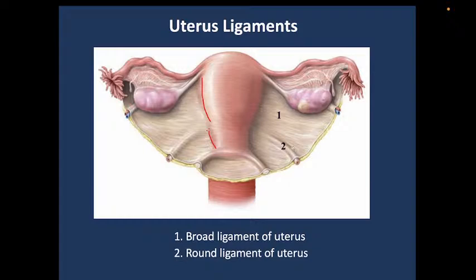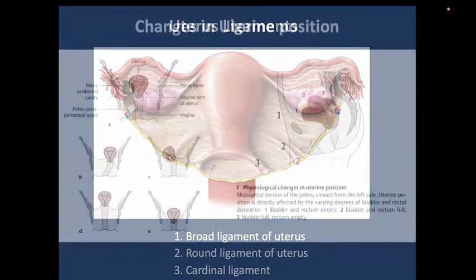This is the analog of the male gubernaculum testis, which is responsible for the testis descending during the embryonal and fetal period. And the third ligaments we call cardinal ligaments. It is located down and usually fixes the cervix close to the vagina.